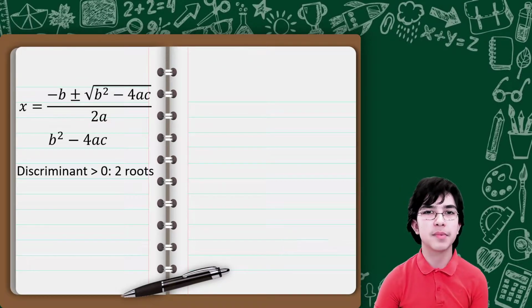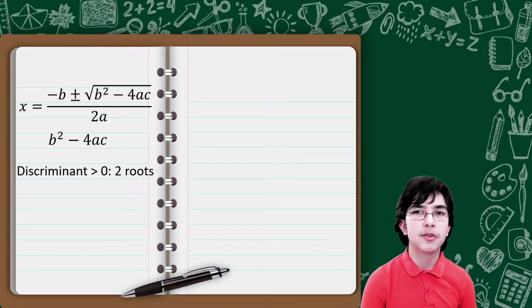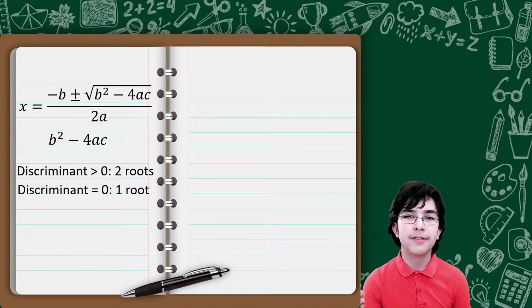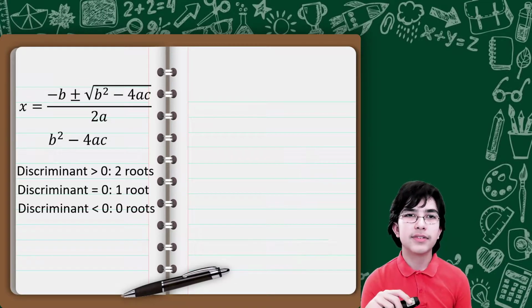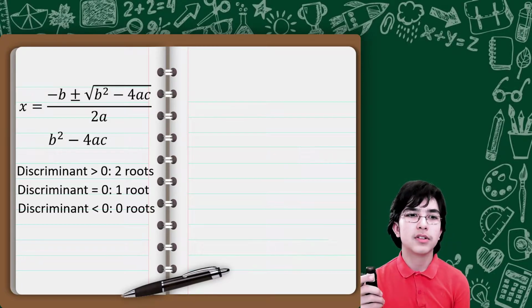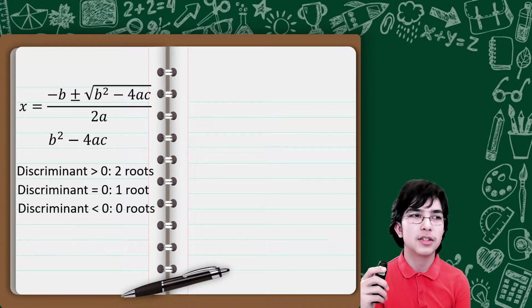So if the discriminant is above 0, then there will be two roots where the equation crosses the x-axis on a graph, so two solutions. If the discriminant equals 0, there will be one root, and therefore one solution. And if the discriminant is below 0, then there can be 0 roots, because if root b squared minus 4ac,